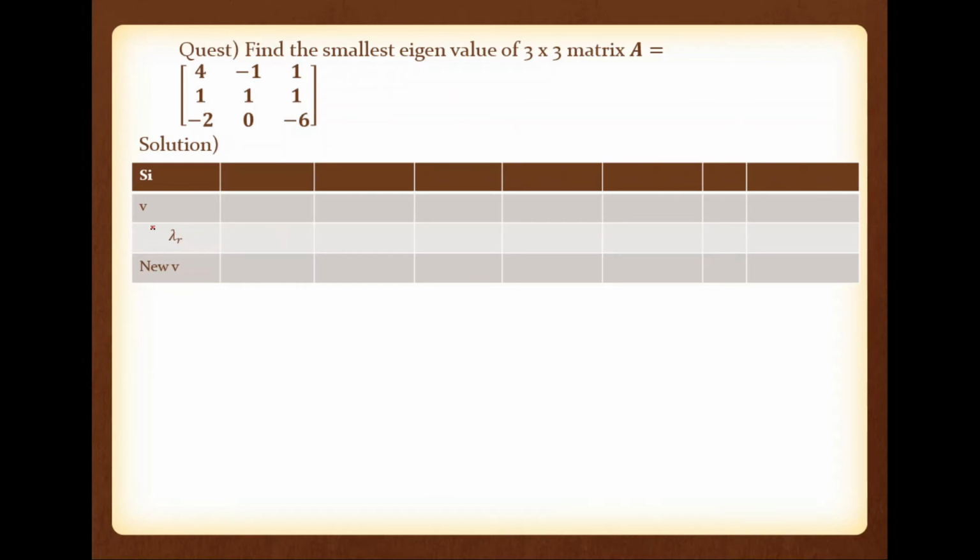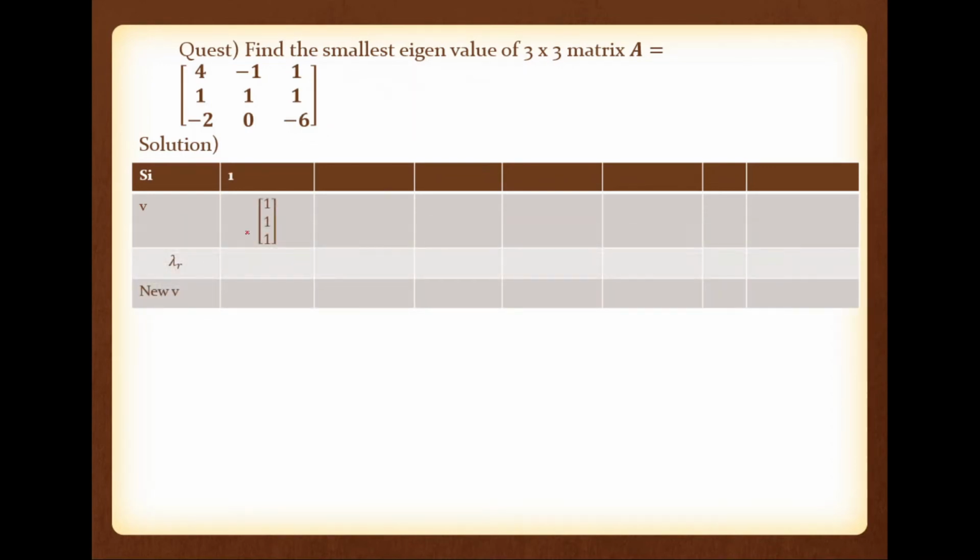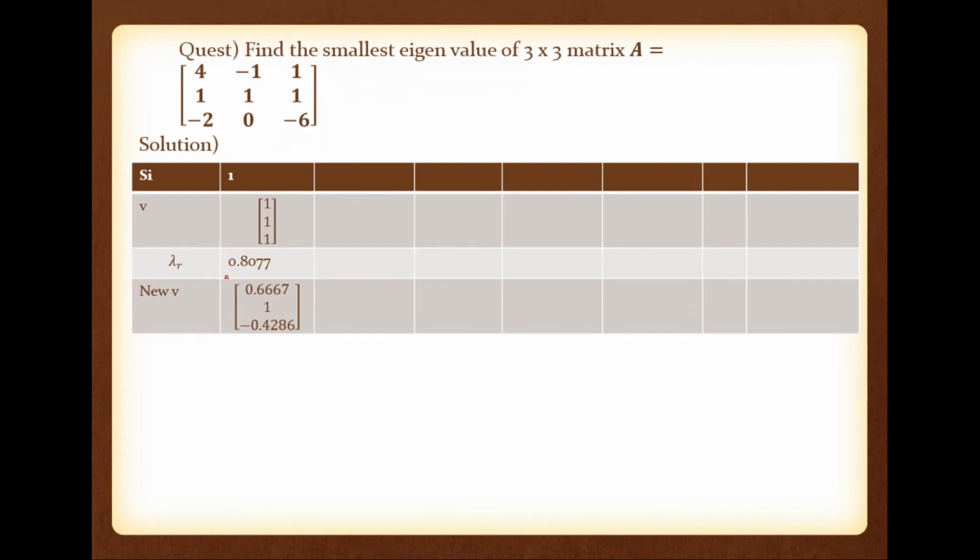So this is lambda, the largest value of that output vector, and the output vector is normalized. So in the first iteration, V is 1, 1, 1. That is post-multiplied with this matrix. The largest value from that output vector is 0.8077, and the normalized output vector is